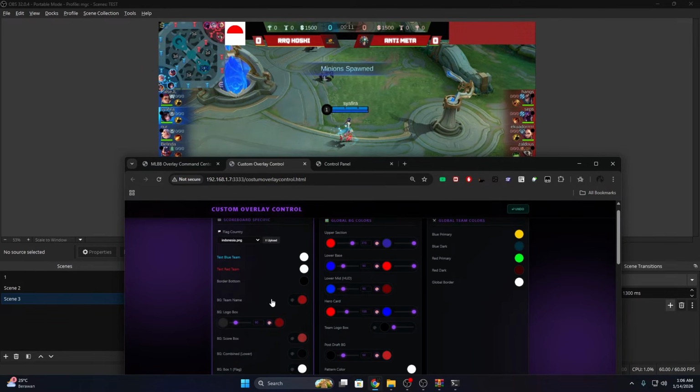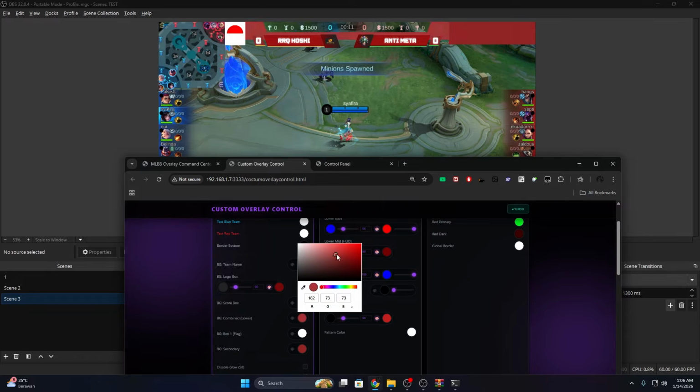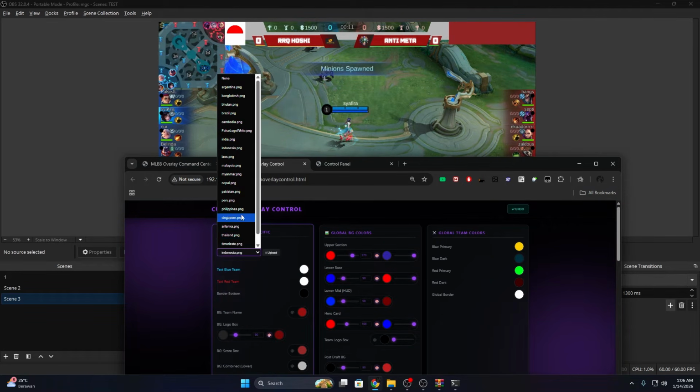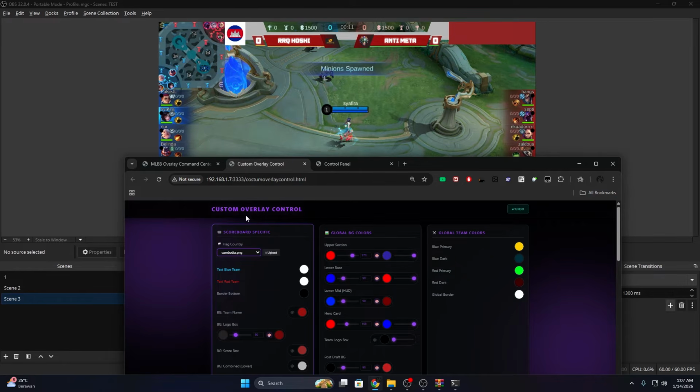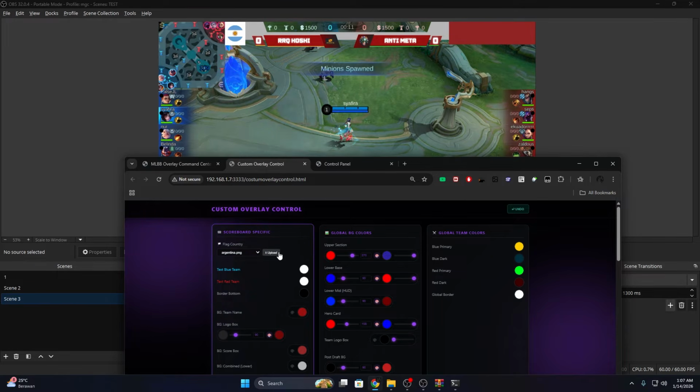And the background combine, this one for the background, you can change it also here. And if you want to change the flag, you can change it also here. For me, like Philippines, maybe Timor Leste, Thailand, India, or maybe Cambodia, Argentina. So basically you can choose here, or if you don't have your country's flag,